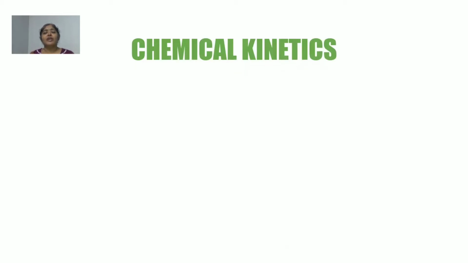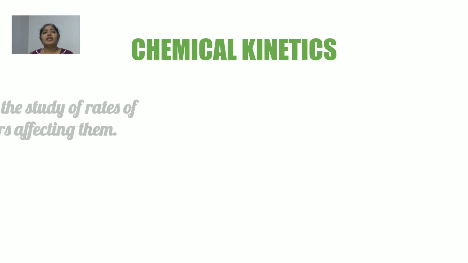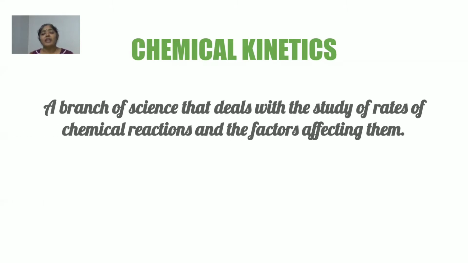Today we are about to begin with chemical kinetics. As you all know, the word kinetics comes from the word kinetic energy, and kinetic energy involves a lot of motion or movement. So what is kinetics to do with chemical? Well, when we study chemical reactions, we are interested in knowing the rate at which the reaction can proceed, right? So chemical kinetics is that branch of science that deals with the rate of a chemical reaction, and not only that, it also involves a study of various factors that can affect the rate of the chemical reactions.